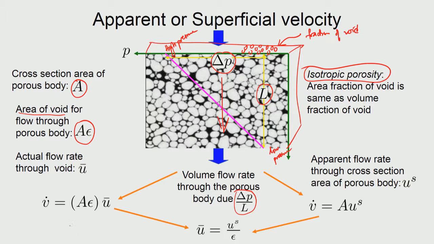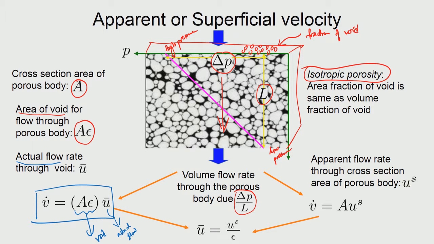On the left hand side, we have one way of representing, and here we write an expression in this form. So, there are two terms. The first term is basically the void area, which means that whatever is going through the void is going at the actual velocity. So, this basically is the actual flow. U is the actual flow. So, flow into the area of cross section will give you the volume flow rate. That is quite acceptable, as we have seen till now.